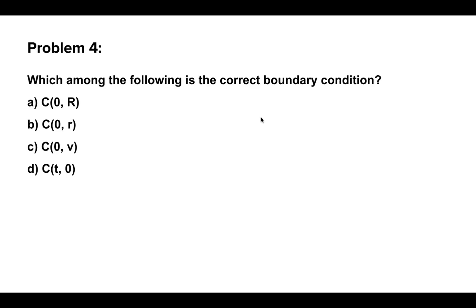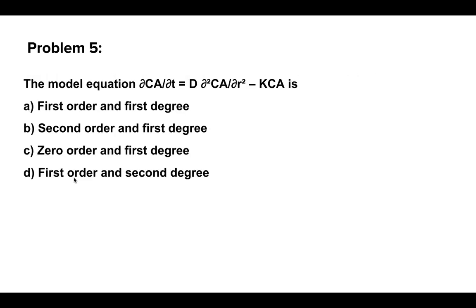Which are the correct boundary conditions? At whatever time t, at x equal to 0, that is the left boundary condition. At whatever time t, when x is equal to r, that is the right boundary condition. So option D is your right answer. Coming to the next question, the model equation dou Ca by dou t equal to D dou square Ca by dou r square minus k Ca is,